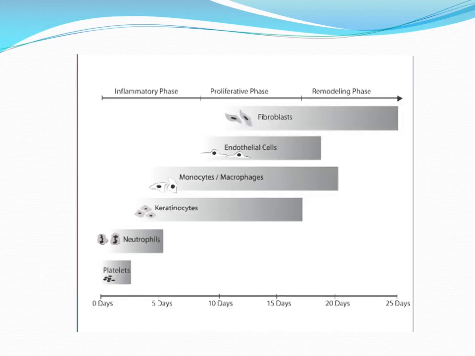In our story of wound healing, we have three chapters. The first chapter is the inflammatory phase, the second chapter is the proliferative phase, and the third chapter is the remodeling phase. And these chapters are not clearly separated from each other. They are intermingled, they are connected together, and there is overlapping between them. There is no clear separation in reality between these phases, but they are discussed in this way in order to understand the wound healing process.